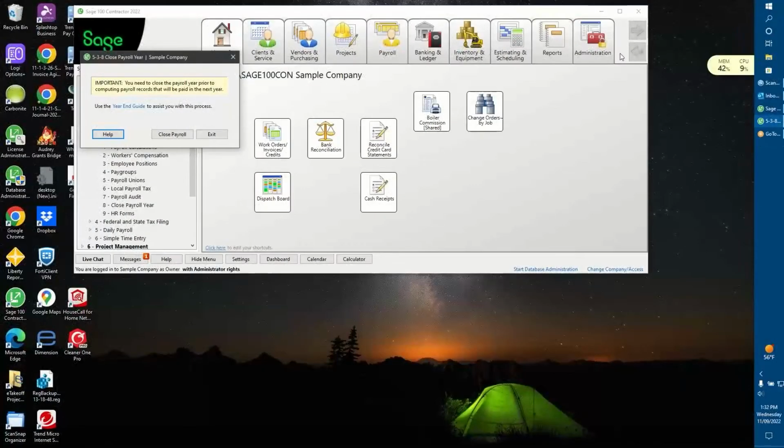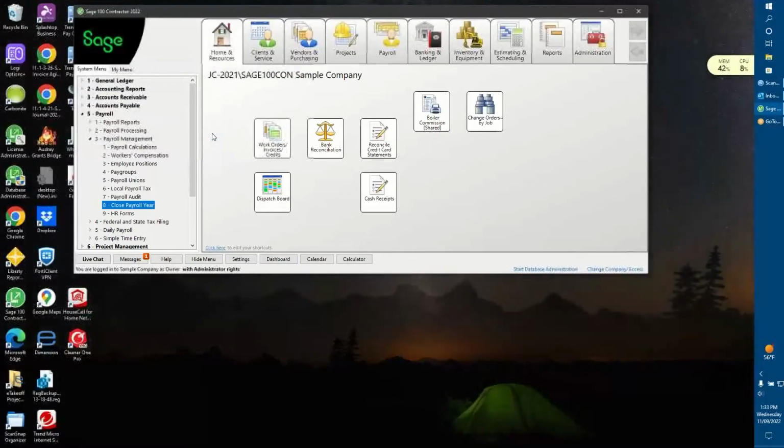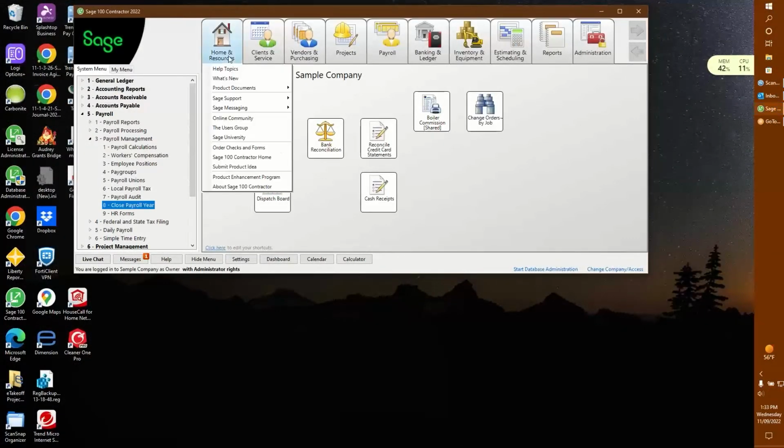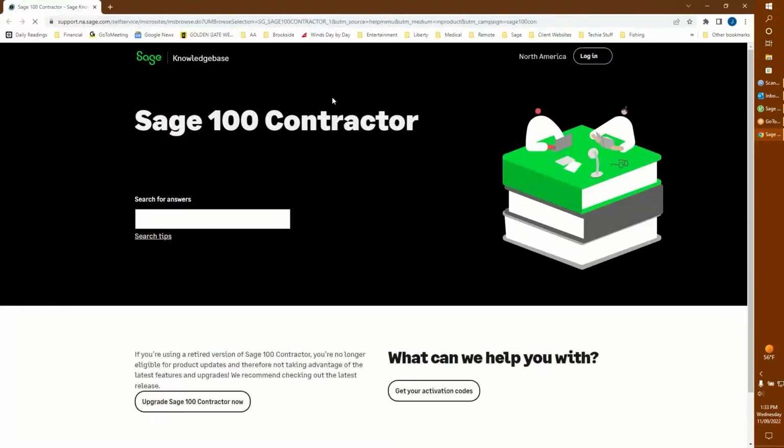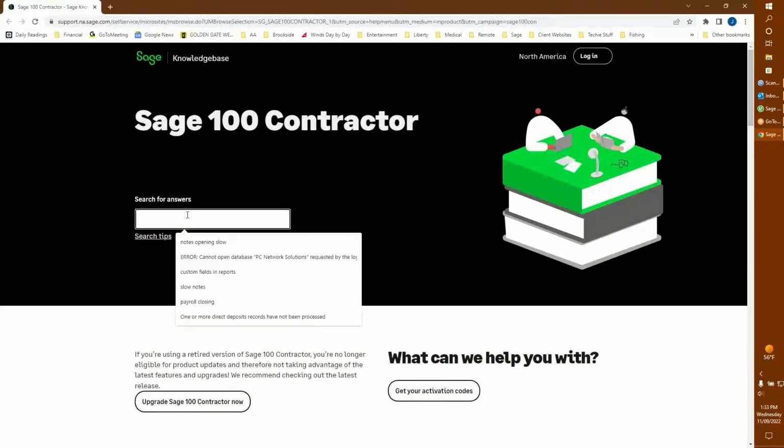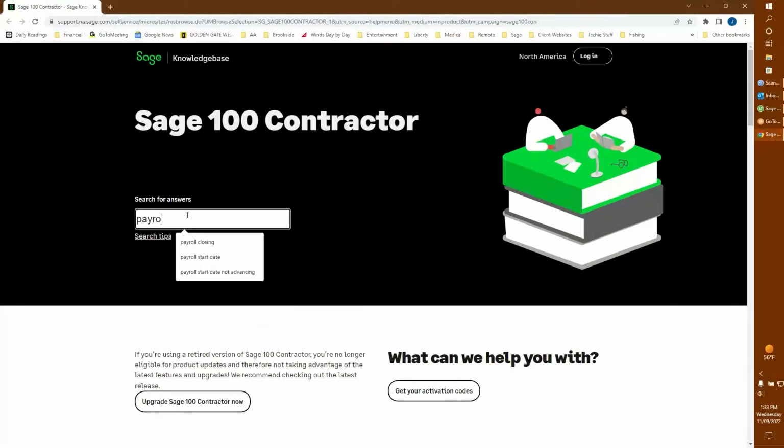I, on the other hand, like one that I found in the knowledge base. Most folks don't use the knowledge base in here, so if nothing else, you'll know where to find it and maybe it will help you with some of your problems down the road. So if we went over to the knowledge base and simply typed in payroll closing,